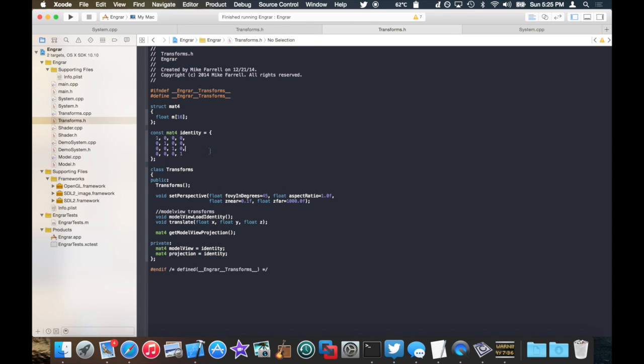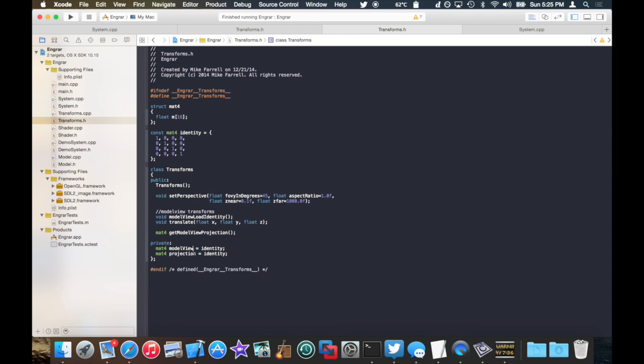So one of those classes I just pulled out into something basically called transforms. And what transforms does is it manages a lot of the stuff that used to be built into OpenGL for me. In this case, matrix manipulation or matrix transforms. So I basically have my old struct mat4, which can remain as a struct because it's low level, an identity constant for the identity matrix, and then my